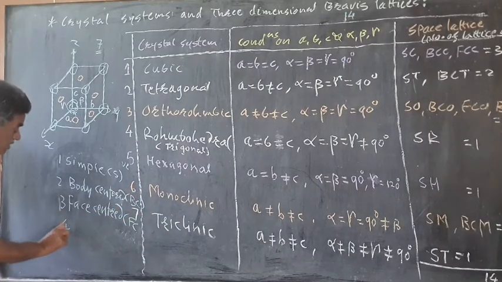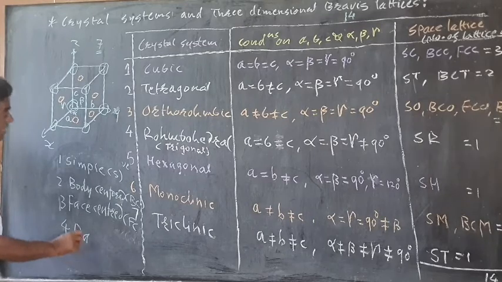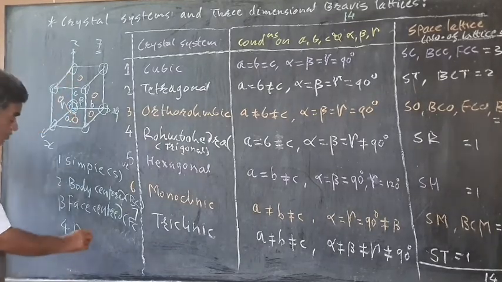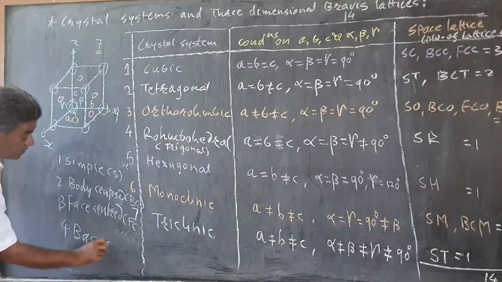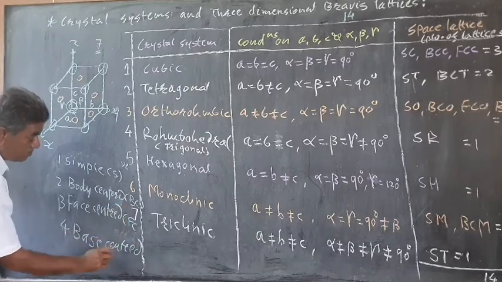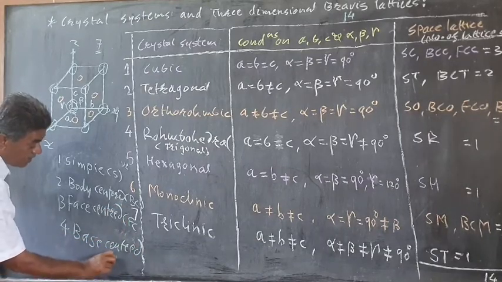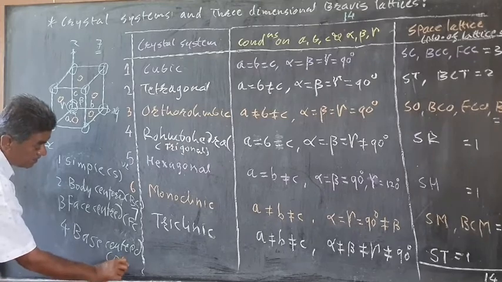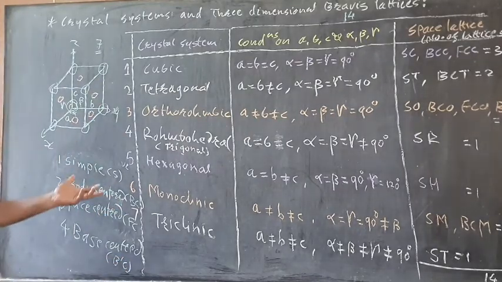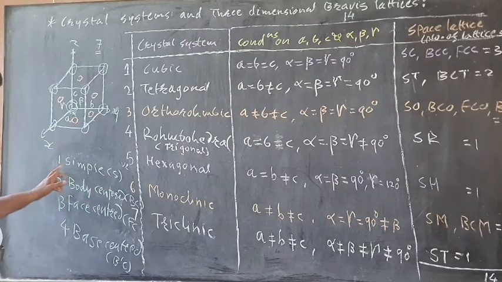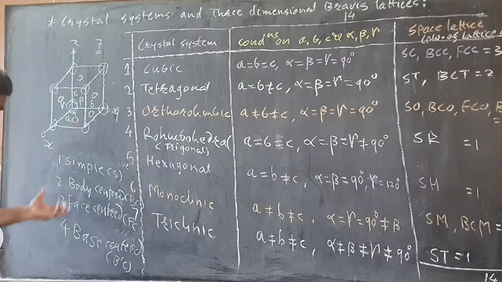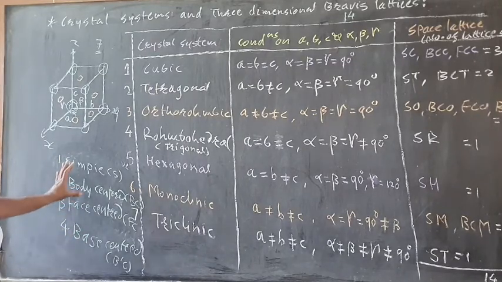While the fourth type is nothing but base centered. Only the atoms on this side and this side. It is called base centered. To differentiate between BC and base centered, we take it as a bidacial. So many of the 7 crystals have variation in the basic unit cell, and that variation may be body centered, face centered, or base centered, or all of that, or some of that, and so on.